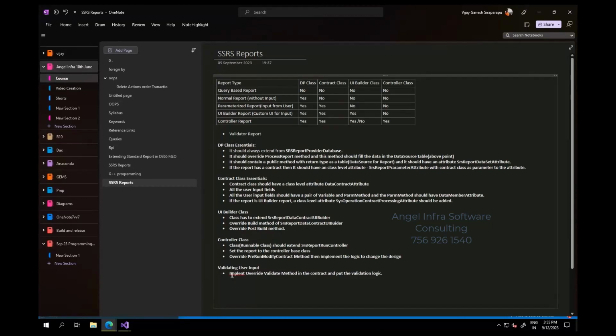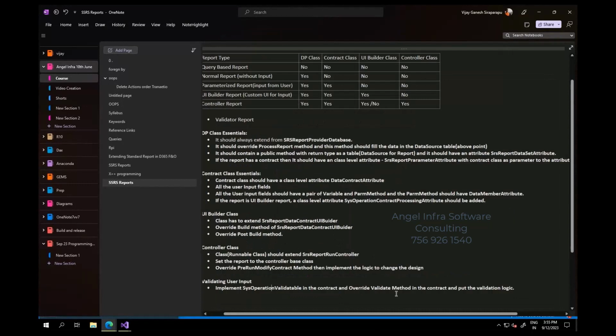Implement SysOperationValidatable in the contract and override. So SysOperationValidatable in the contract and override